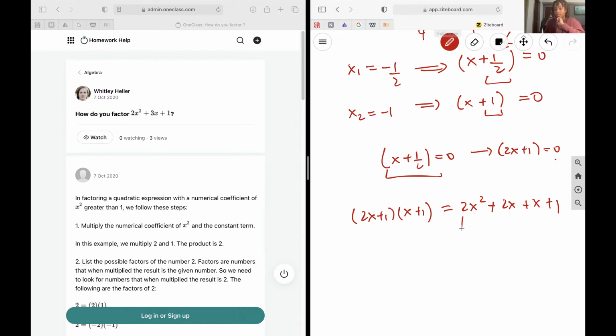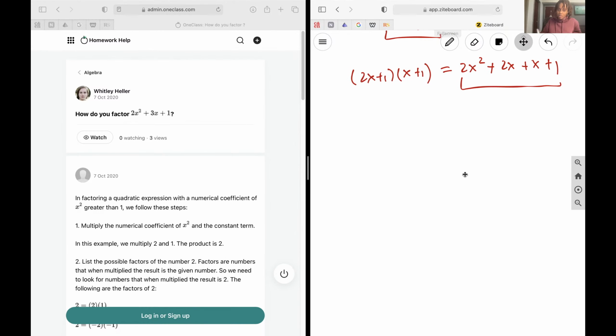So what I'm going to do is try and get what I have into this form that's easier to factor visually without going through the quadratic formula. So when I have 2x squared plus 3x plus 1,